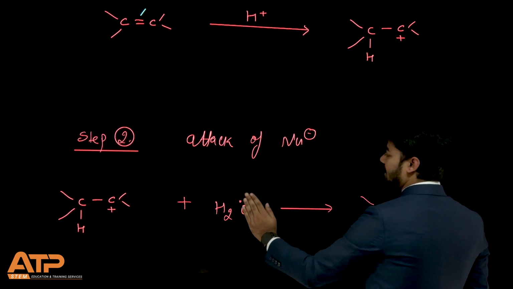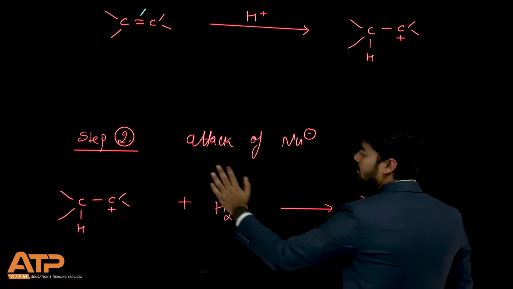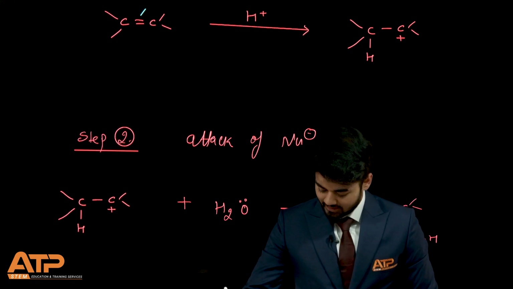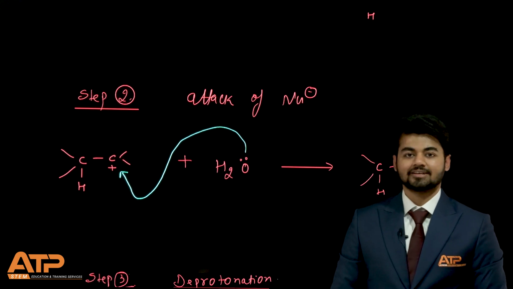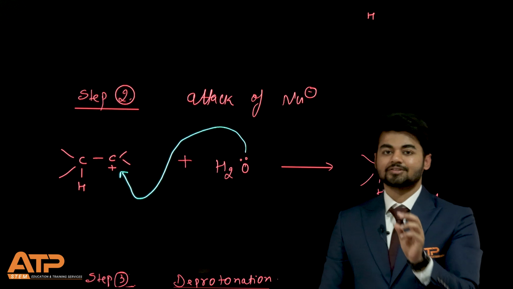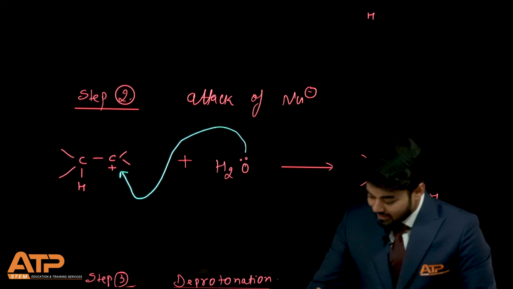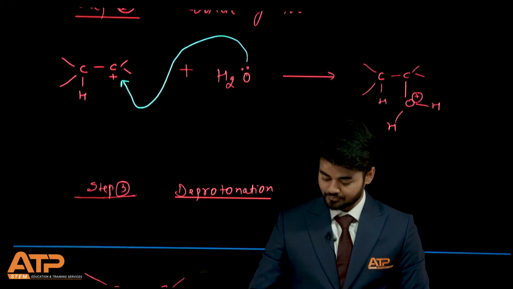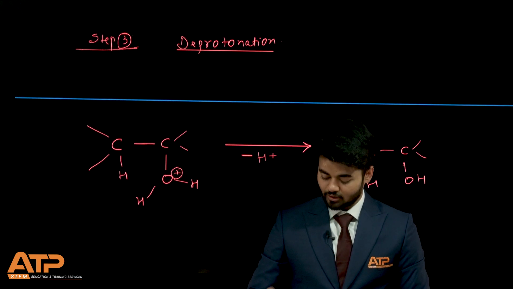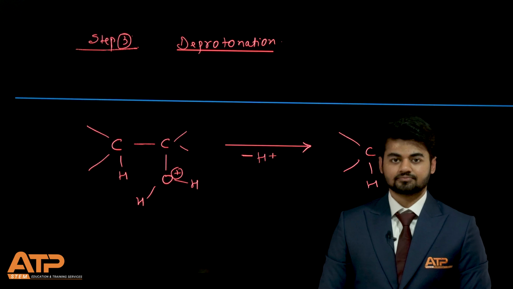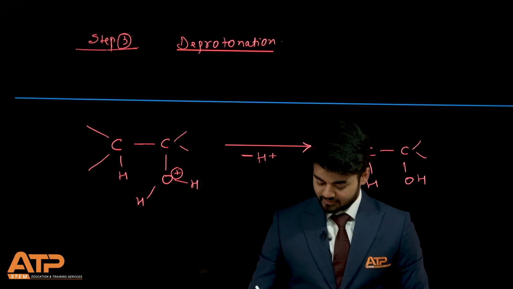Now, electrons are getting transferred from the nucleophile water to the electrophile carbocation, right? Let's see, what should be the direction? Absolutely, water to carbocation, right? The lone pair on oxygen got transferred to the carbocation. Now, when this attack of the nucleophile took place, oxygen got positively charged, right? Let's see how it will get rid of its positive charge. Oxygen, being a highly electronegative species, does not like positive charge on itself. Let's get rid of this positive charge.